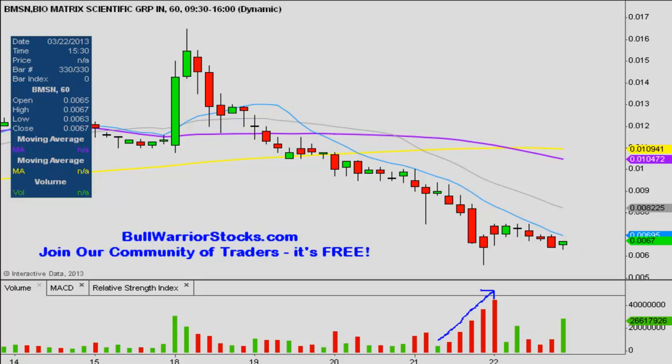Then that leads to the second point, which is this last hour here. You got a nice little miniature hammer candle, and then you combine that with this big surge in volume in that last hour. Maybe this was the final bit of capitulation, green candle, and now a bounce is perhaps getting ready to happen. Obviously there's no guarantees, there's no matter of facts, but looking at the volume and price action,